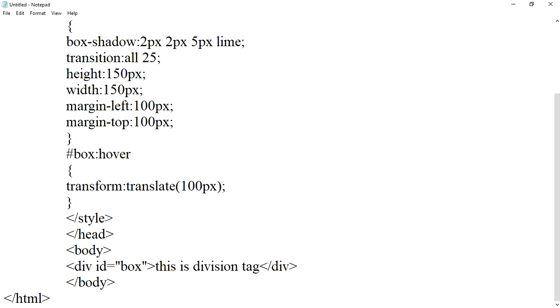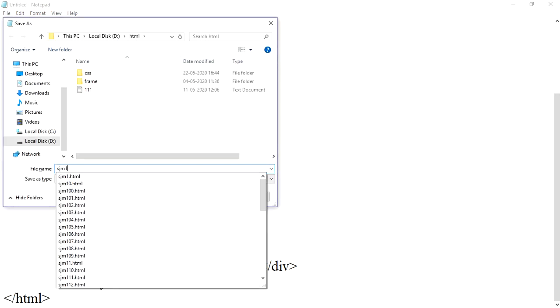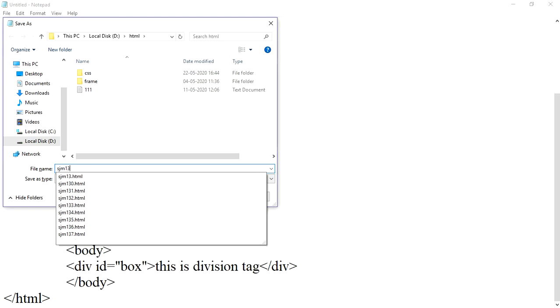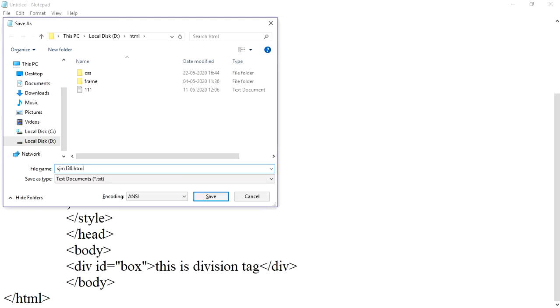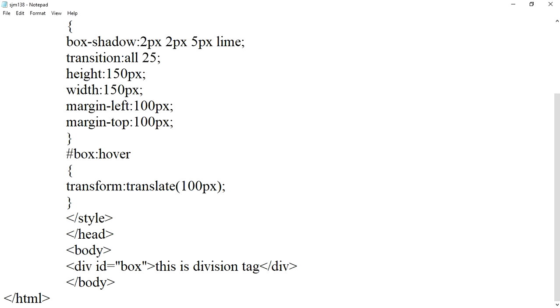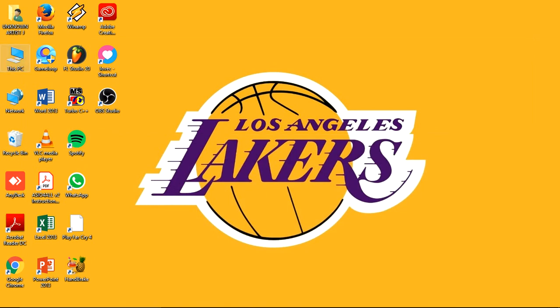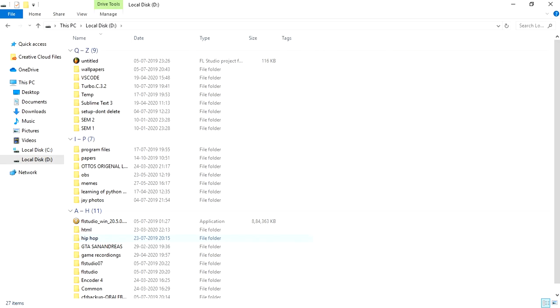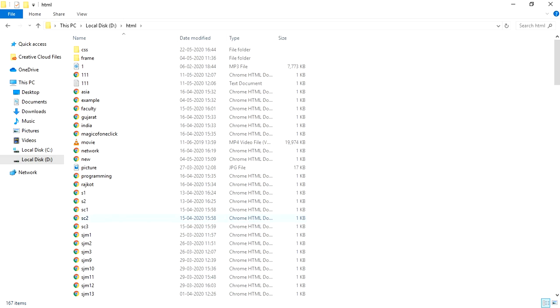So now we'll just save it as 138 with the extension .html and in all files. So now let us check the output. HTML and